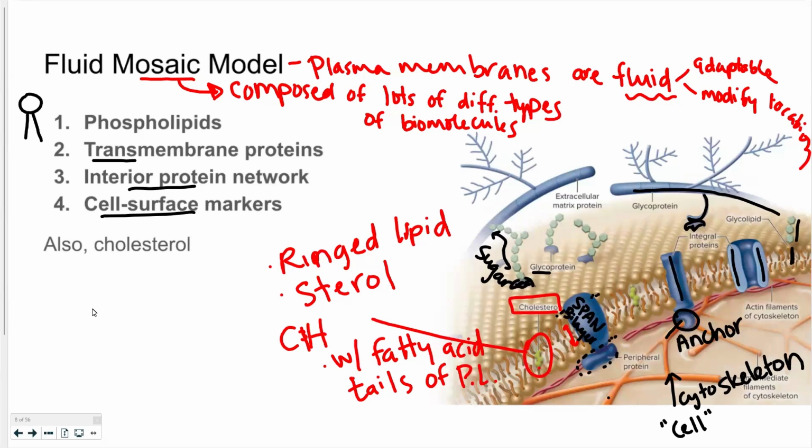Okay, so that's our mosaic. It's all these different types of molecules that are all shoved together doing the job of preventing unwanted stuff from entering the cell, preventing things that we need from leaving the cell, and allowing things that we do need to enter the cell. So it's kind of complicated, but it's important for